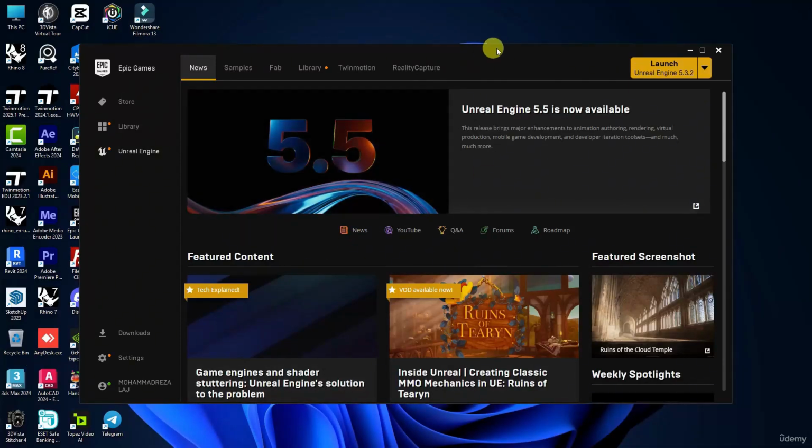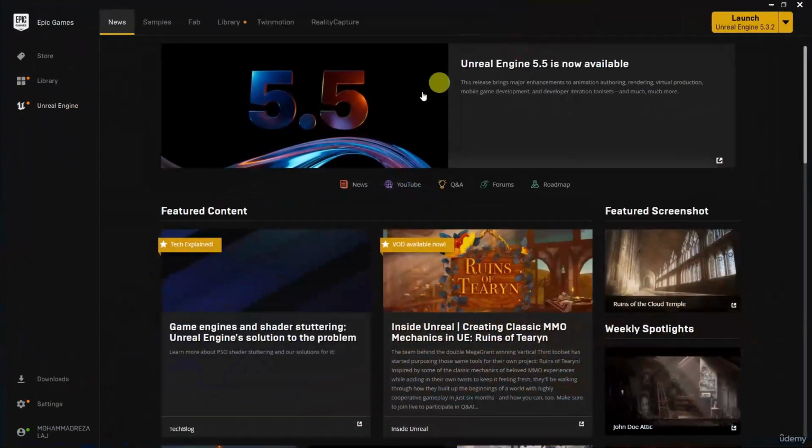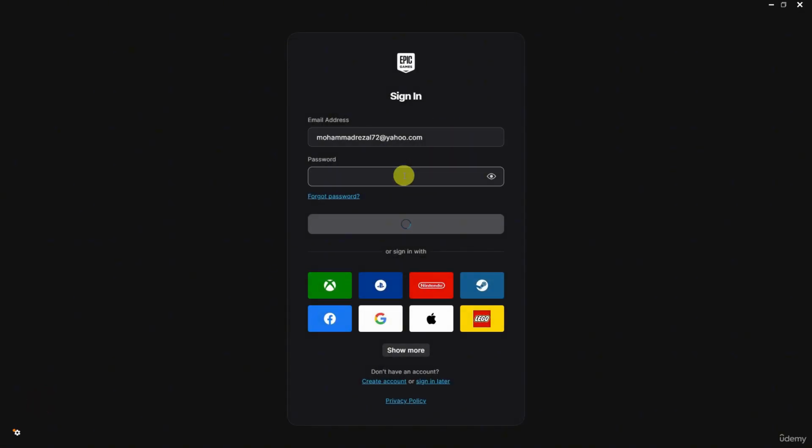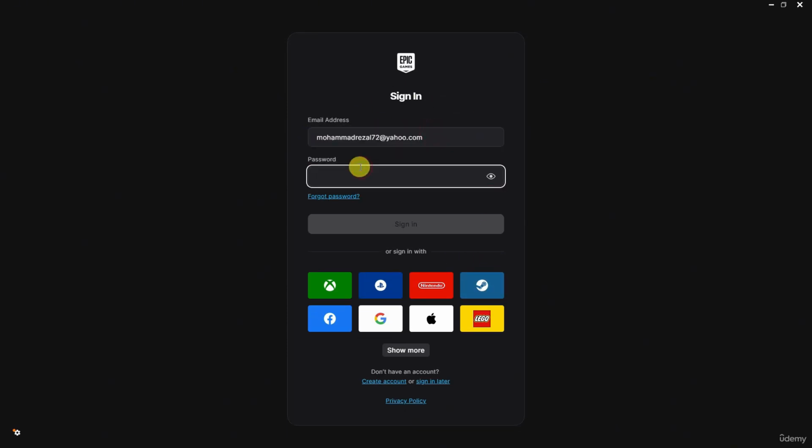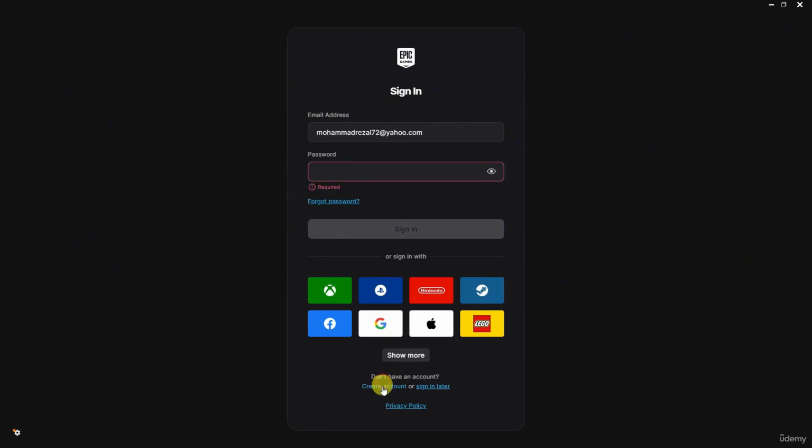Look guys, Epic Games Launcher is the platform from which Twinmotion is downloaded. You can easily log into it. Right now, my personal name is shown here because I have logged into my account. But if you haven't logged in yet, you will need to enter your username and your password here just once. For example, you just enter whatever username you have here. An important point, to use Twinmotion, you must have an Epic Games account. If you already have an account, enter your username and password here. If you don't have one, click on Create Account here